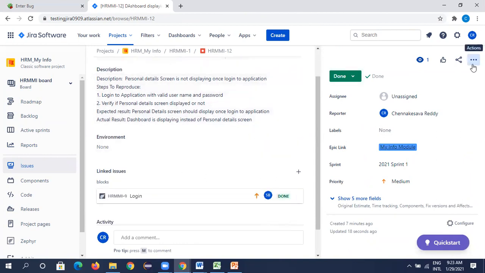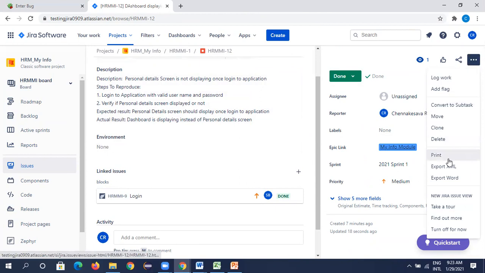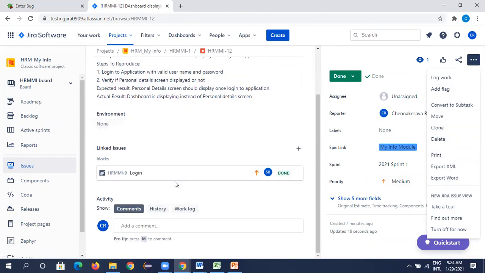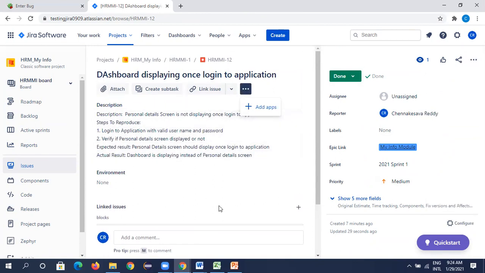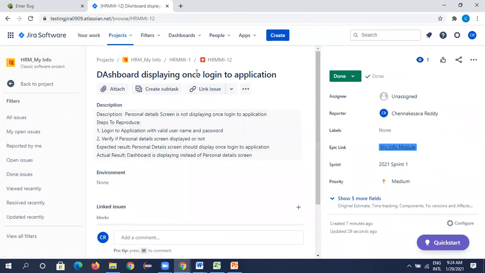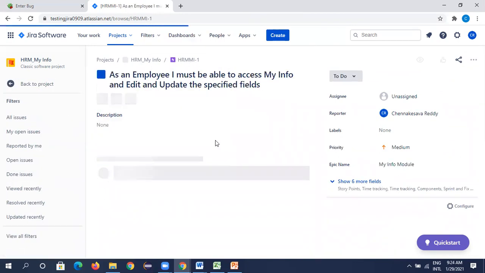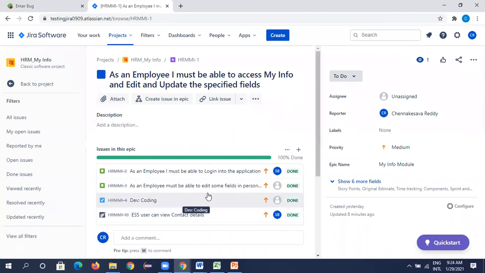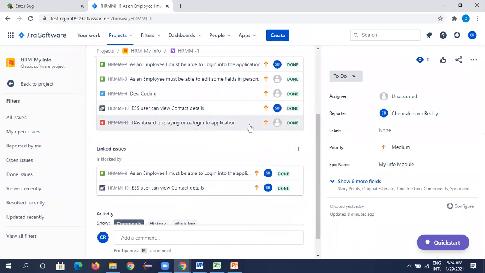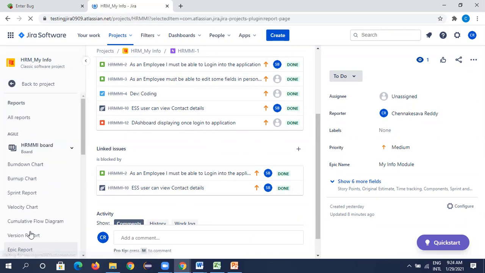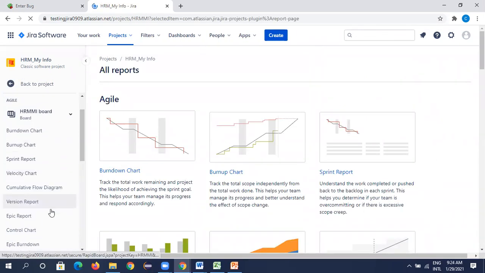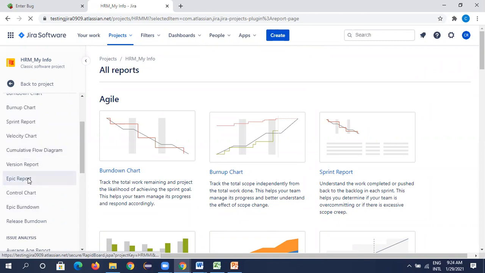You can open here, move, delete, print. So we have moved it, so it is moved as pass completed. Okay, go to this one. See, all are done, done, done, done. All tasks are done, completed. Okay, so go to project again, reports. You can see the epic report.